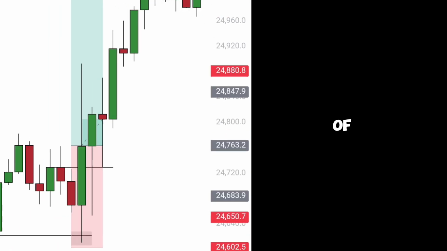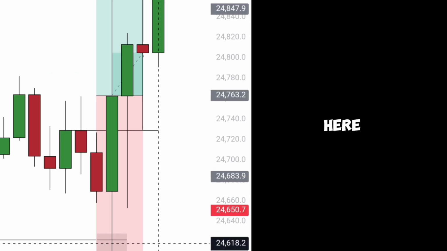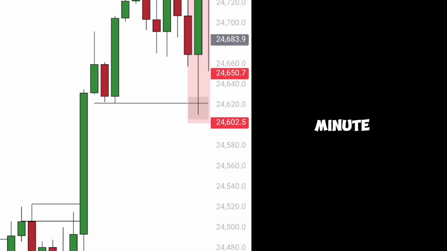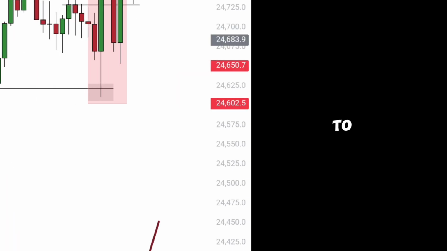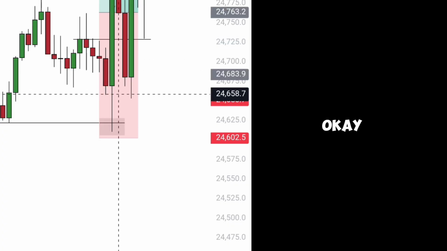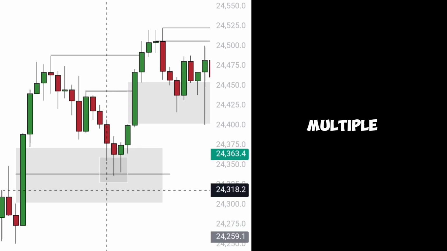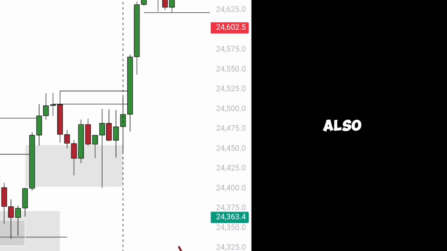If you look at all of the examples, you will notice that there were at least 2 different candles here. 1, 2. Okay, this is the 30-minute time frame, right? We come to the 15-minute time frame, you are likely going to see more candles. Okay, so the same thing here, we had multiple candles right there. So this case also,